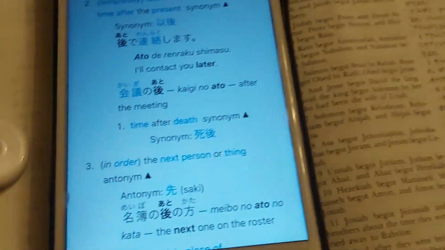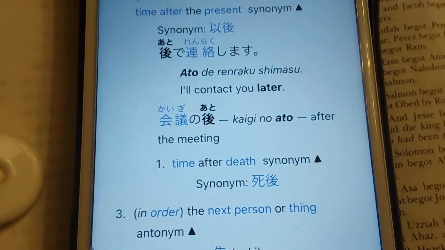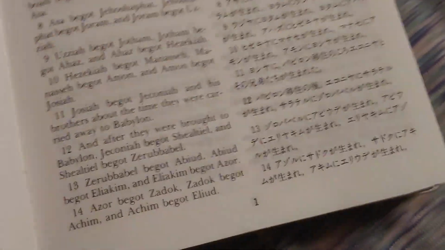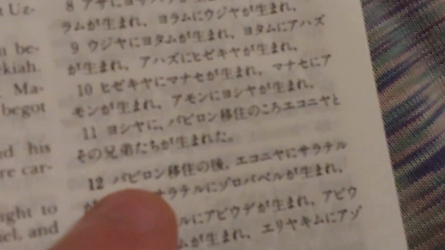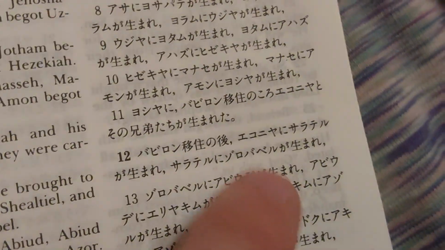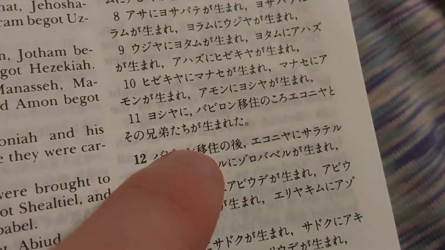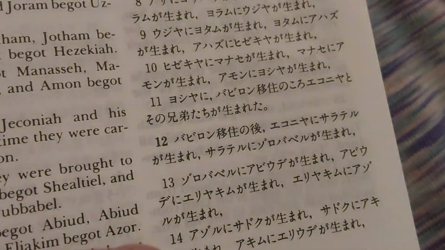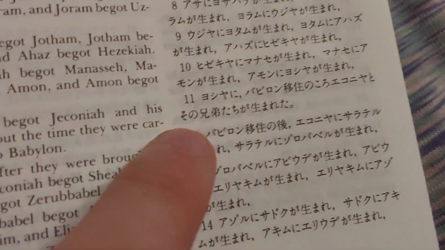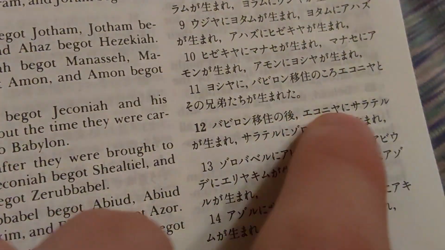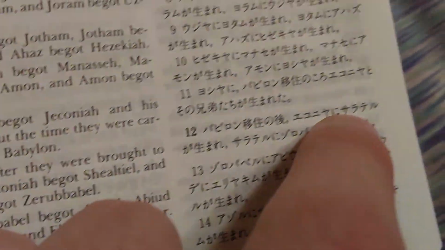Okay, so when not used as part of a compound with other kanji in the same word, it's apparently called ato. So that's good to know. By the way, there is no preposition after koro or ato, nor is there one between Babylon and Iju. So Babylon Iju no ato, Yakonia ni